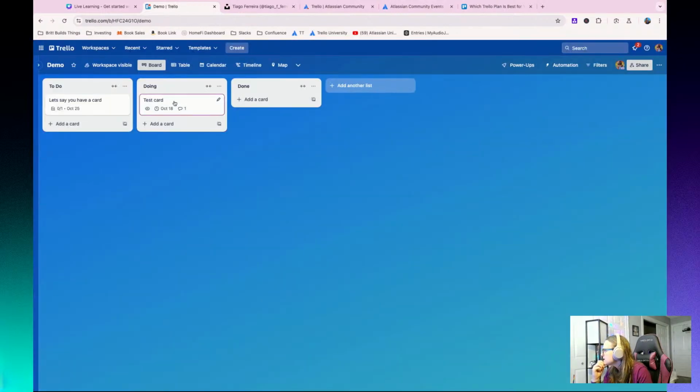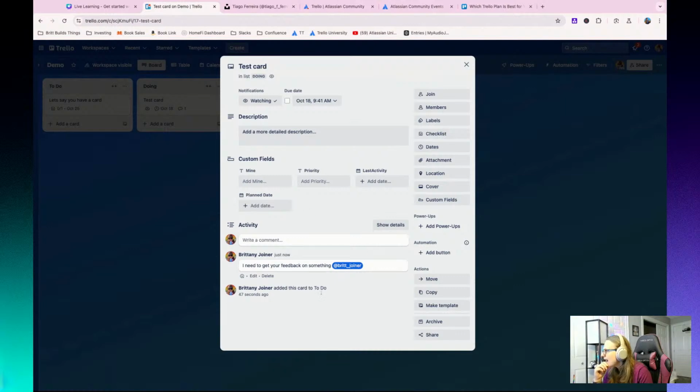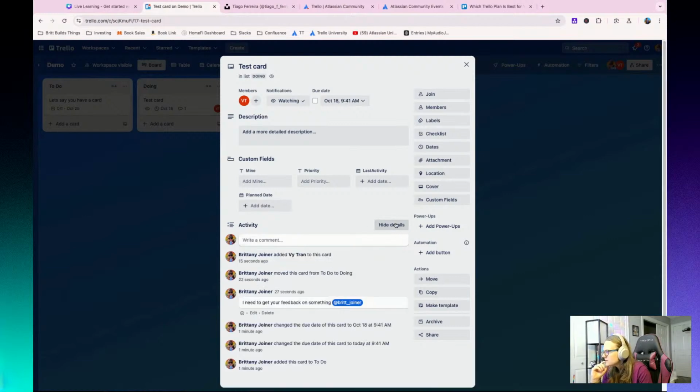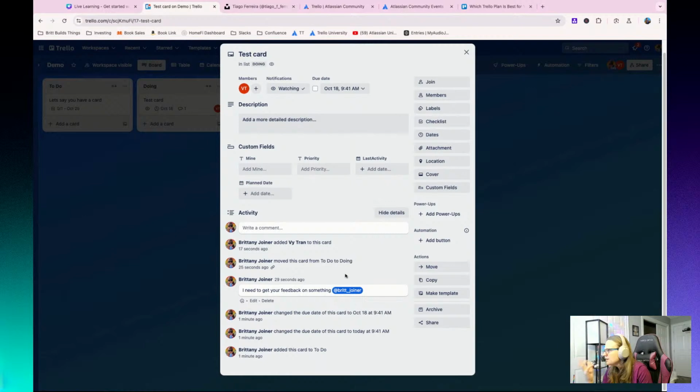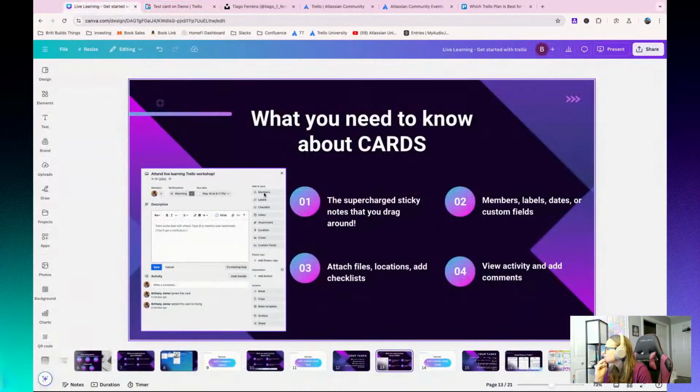For instance, I can see when I've added things to it. I can see details about someone being added to the card. I can see when labels were changed. Different activity will populate based on different things that card is doing. If there are certain things that you really want to track, I prefer using automation to log comments to a card about things that are happening, but you can show or hide details about when cards are moved around, when due dates are changed, when people are added. It's a good way of seeing what's actually been happening to this card.